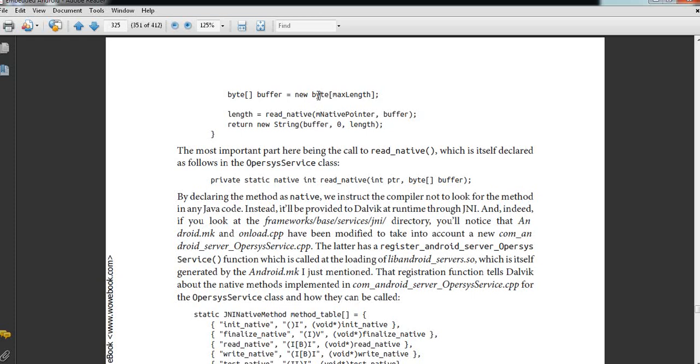and then this is an array named byte, okay, and copying into another array. So one function read underscore native, passing one native pointer buffer, then calling to string buffer something, I don't know. This doesn't look like a C program, so maybe it's a Java program. The most important part here is the call to read underscore native, which is itself declared